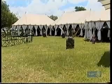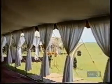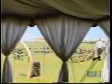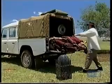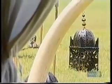This was in fact the main haunt of the 3 rhino on the farm, and we had to shoo them away. But what's nice about it is they flattened everything for us. So it was a perfect spot for a gin tent and absolutely perfect for the wedding. But what's different is that there was nothing here 2 days ago. We brought in about 100 tons of equipment and round about 8,000 items to turn this into what looks like